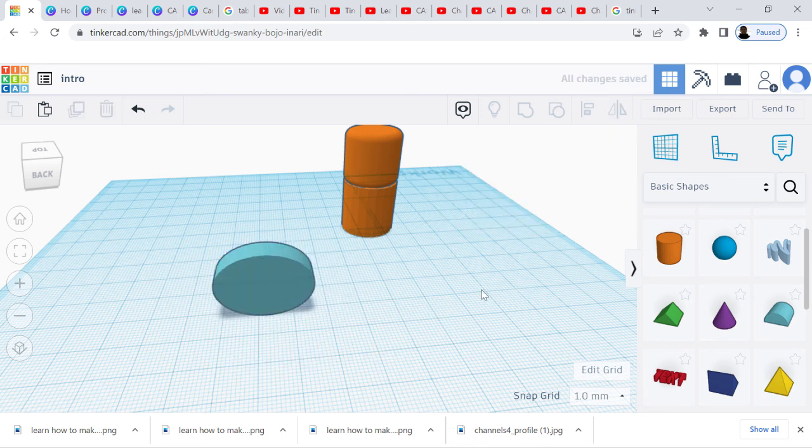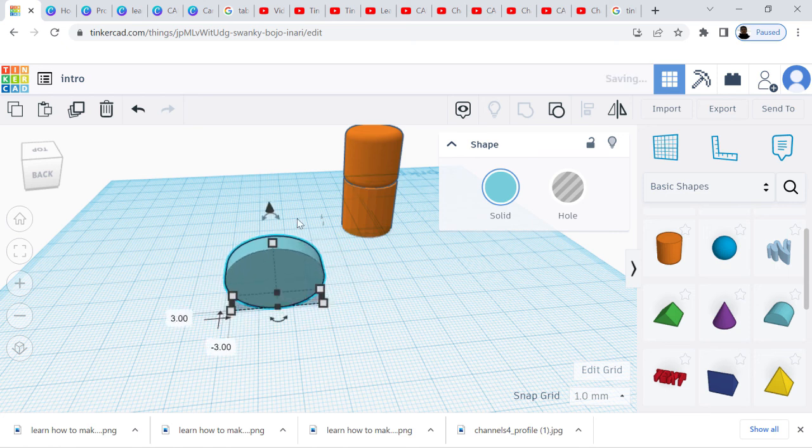So every time we make a project in Tinkercad, it is important to group. And when you click this duplicate option,